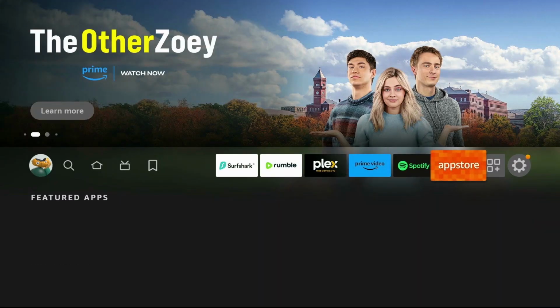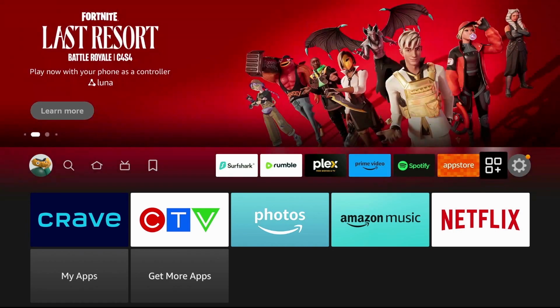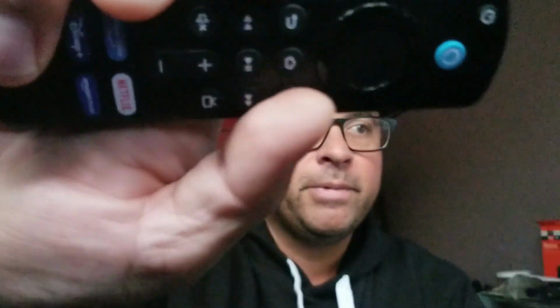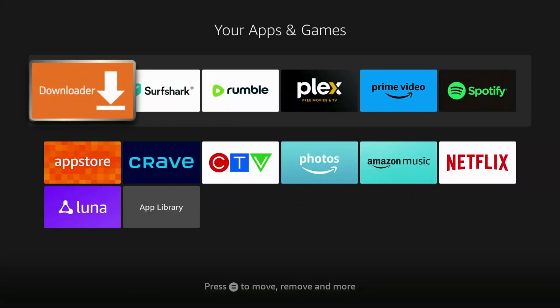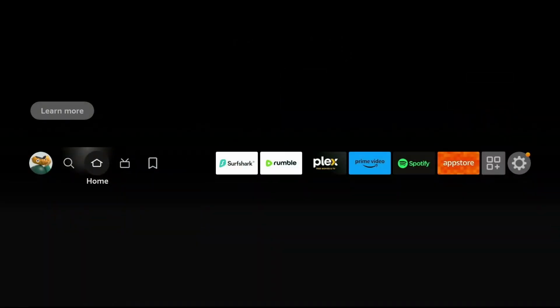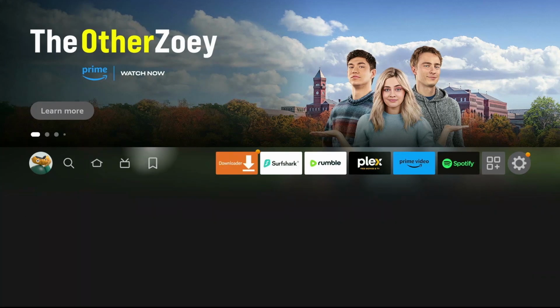All right. Let's go back to the home screen and let's find Downloader. So down in your apps and games, the little 3 squares plus sign icon, we can go find Downloader, and we can use the little 3-line button on your remote or the hamburger button and move that to the front because this is going to be our new store to find these applications. So as you can tell, when we go back to the home screen, Downloader is there now as a shortcut